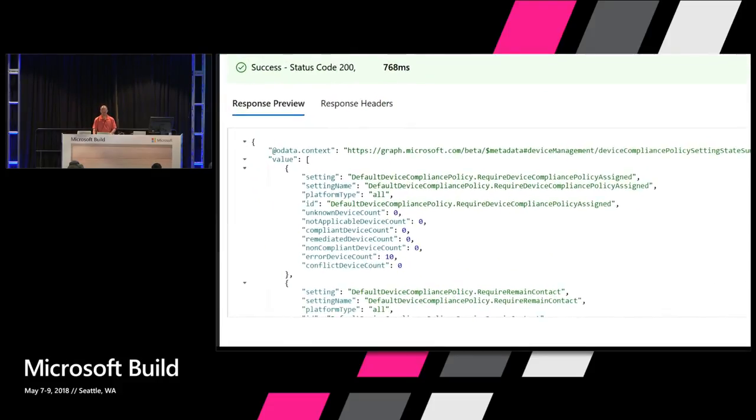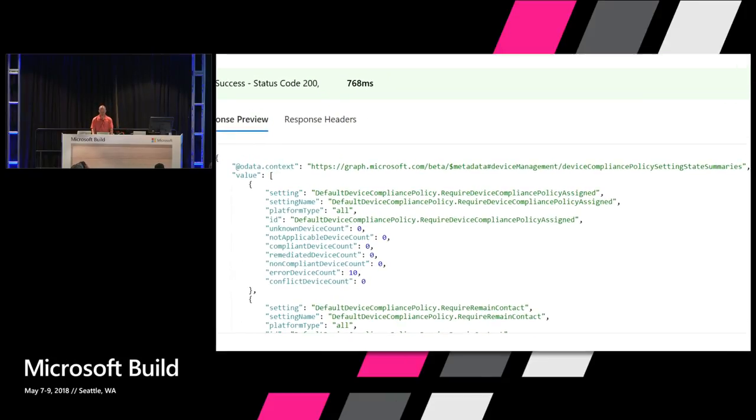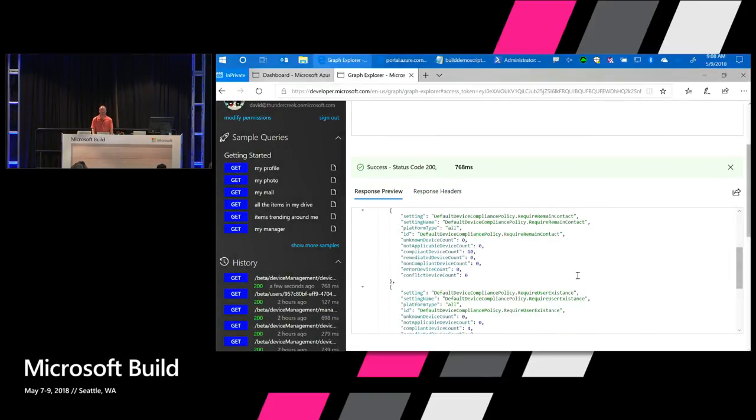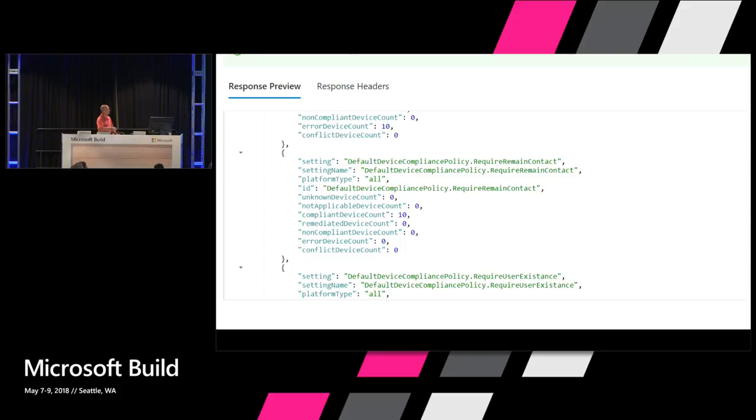If I can get the right keystrokes here. All right. So here's what Graph returned back to us by just asking for my device compliance policy settings state summary. It returns my unknown devices, not applicable devices, and there's a bunch of different categories down here for this particular API,